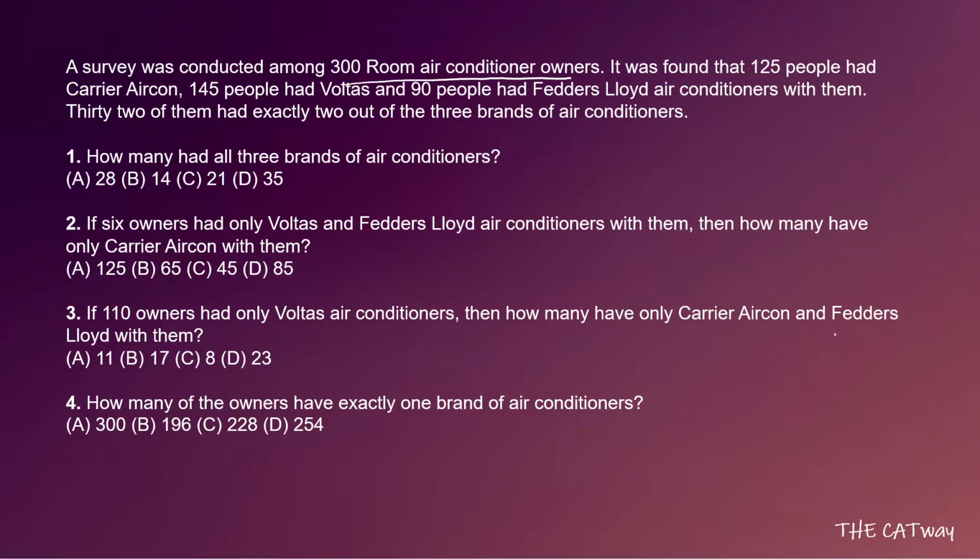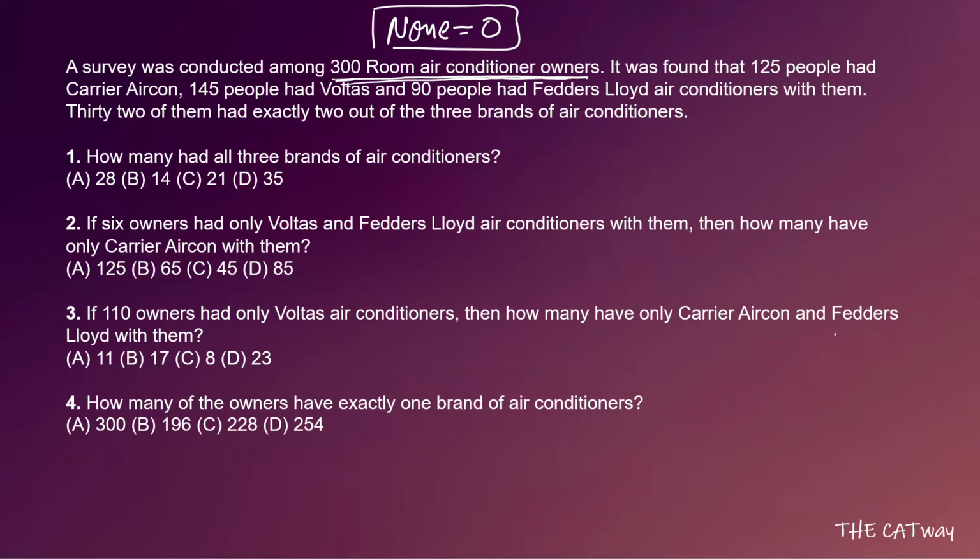So in this video, we are going to solve set number 6 from a session. The question says a survey was conducted among 300 room conditioner owners. So see here, room conditioner owners, that means 300 room conditioner owners, there are not going to be any person who does not have any of the air conditioners defined further in the set. That means none is equal to 0. Okay, this thing is clear.